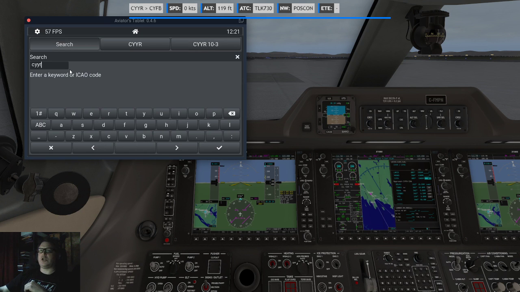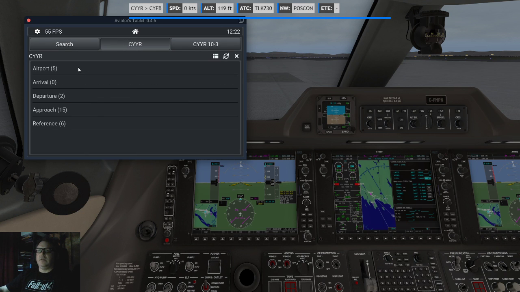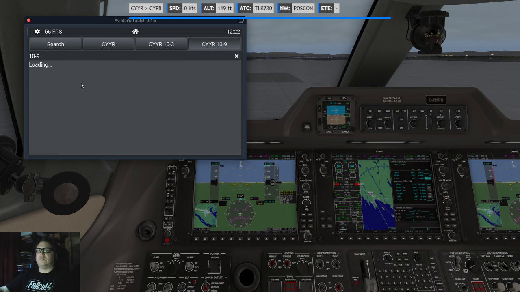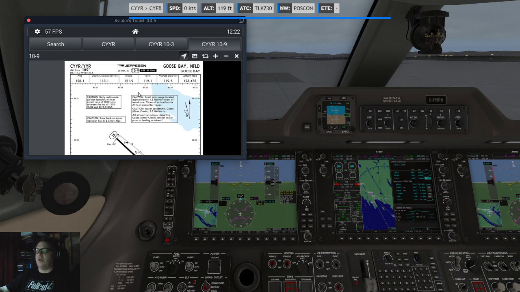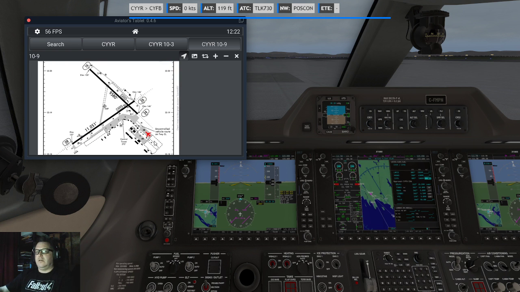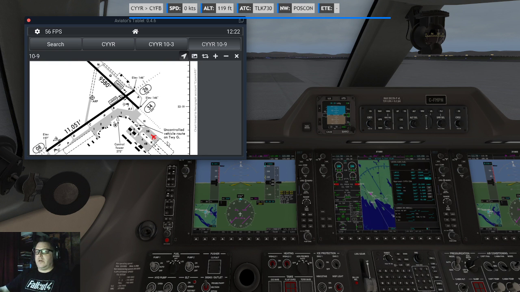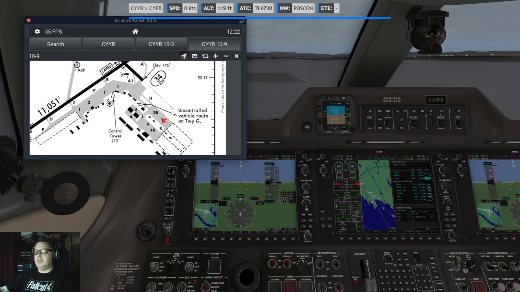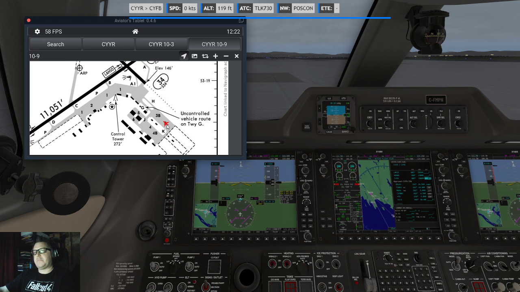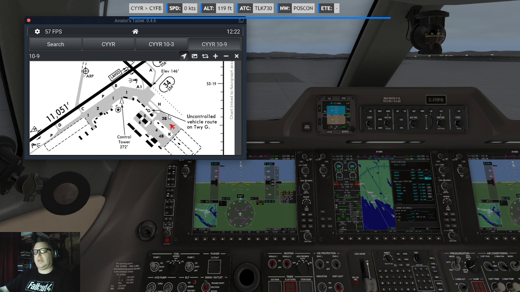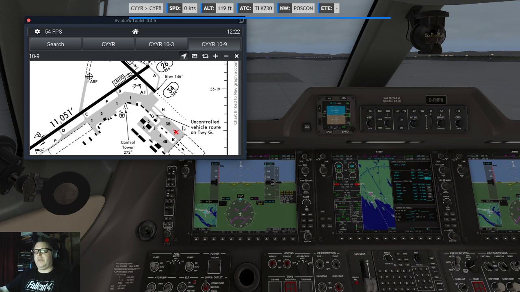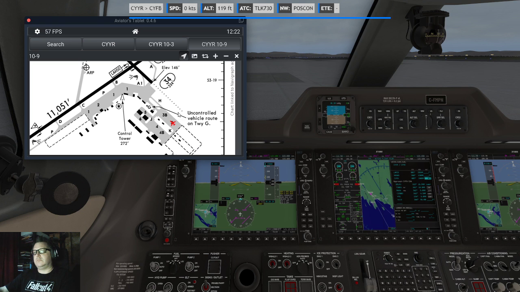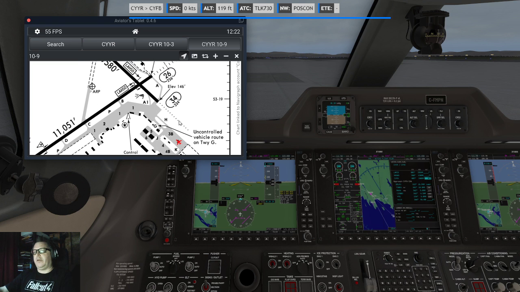All right, search. Let's do also the airport. Kind of important because I don't know all the taxiways here. So I'm at apron 3B, or apron 3 actually, or ramp 3, or yeah, apron 3.